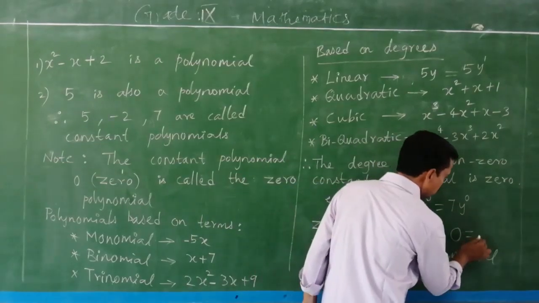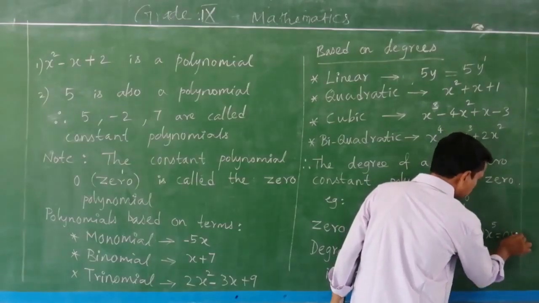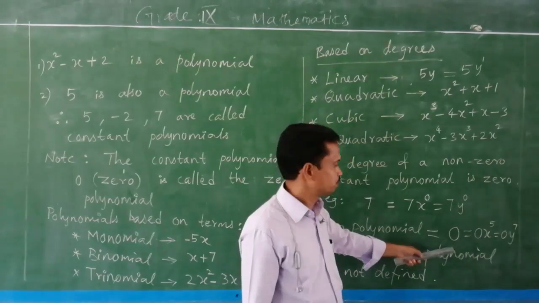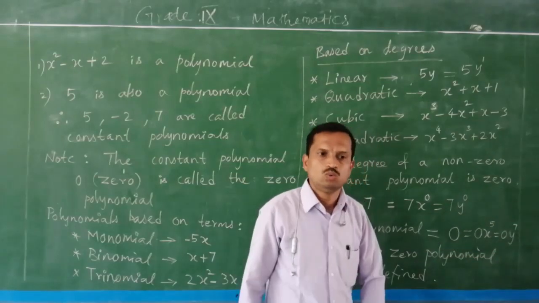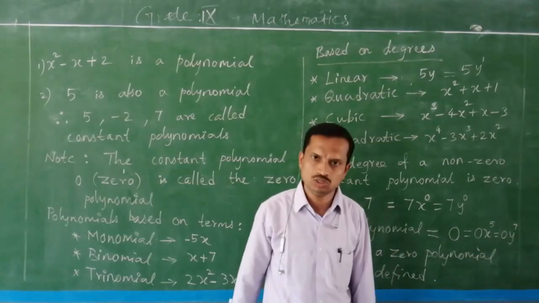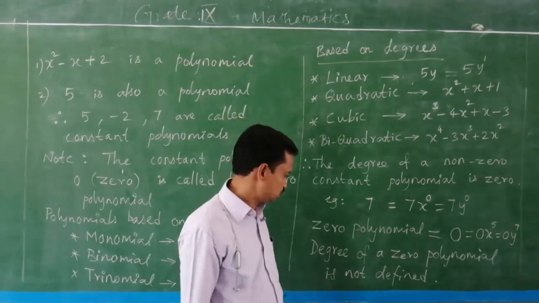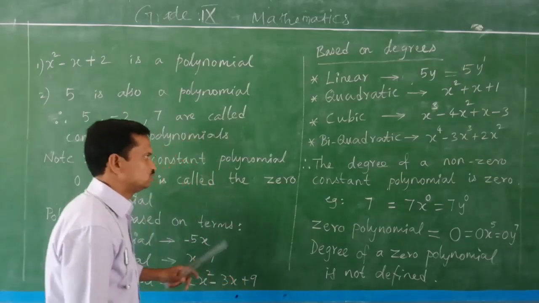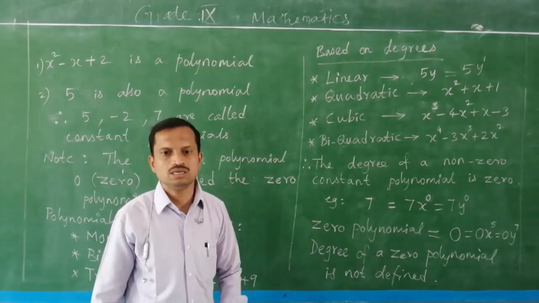0 into x power 5 or 0 into y power 7. You see here, 0 we can write as 0 into x power 5 or 0 into y power 7, with any variable, with any exponent we can write. When you multiply with 0, you get only 0. So the degree of a zero polynomial is not defined. We cannot define it. So this is the classification of polynomials under number of terms and the degree,